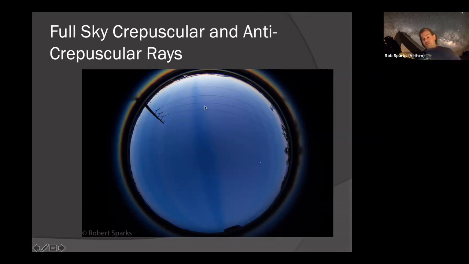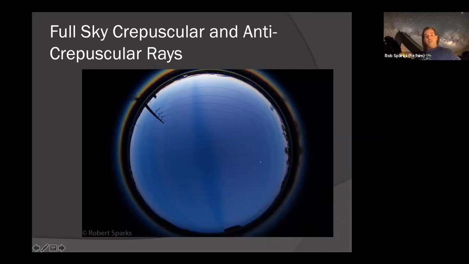I was actually out to photograph a green flash that night for sunset, trying to do some green flash photography, and got a very different picture. And you might notice this little white dot to the right, that is the moon. Some people don't realize just how small the moon really appears in the full sky. But here you can see the full sky at once. That is the moon in the sky. So it's actually very, very small.